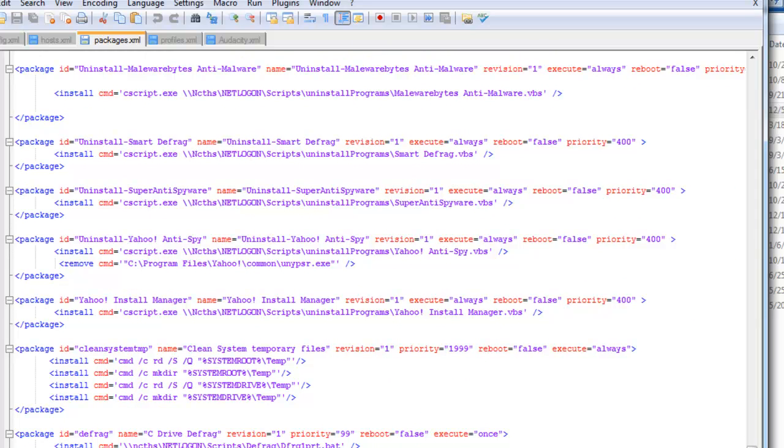Sometimes building packages isn't a straightforward solution. It takes some time, but if you have a lot of computers, if you spend an hour building one package that takes you 20 minutes to install per computer and you have 100 computers, you've saved yourself a lot of time.